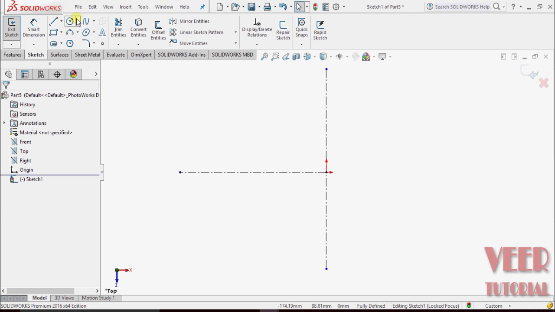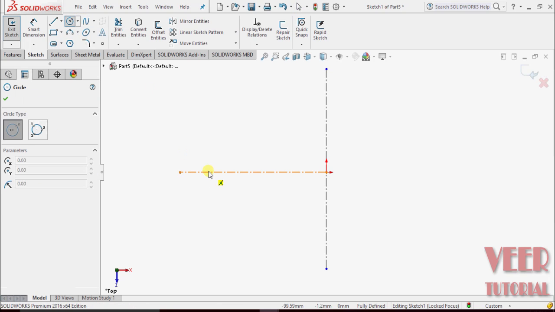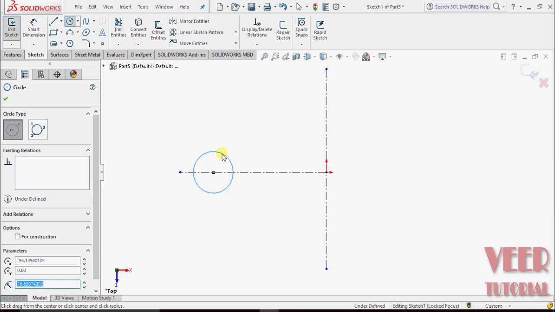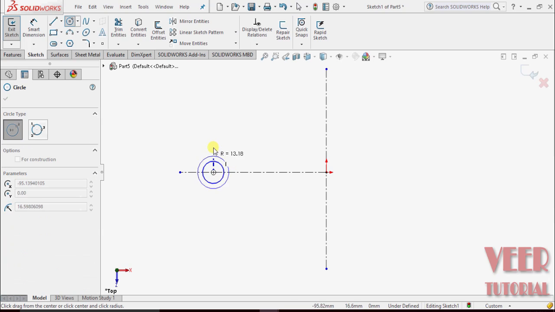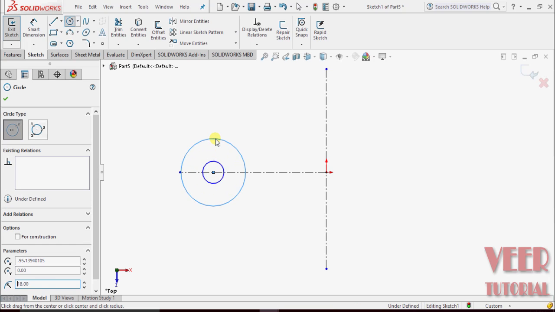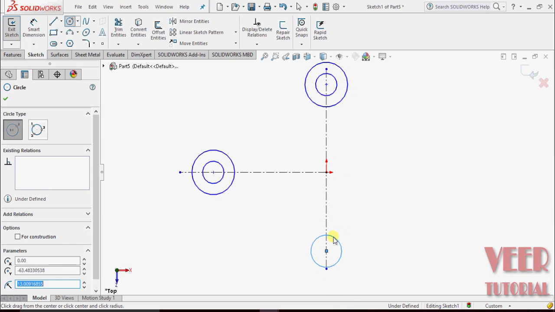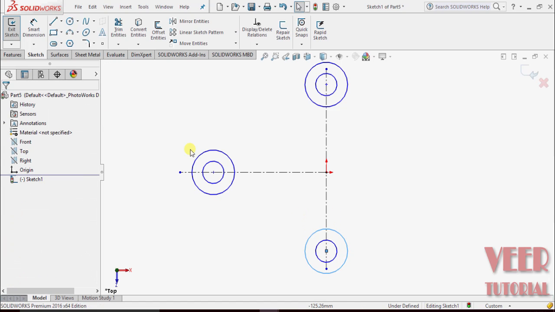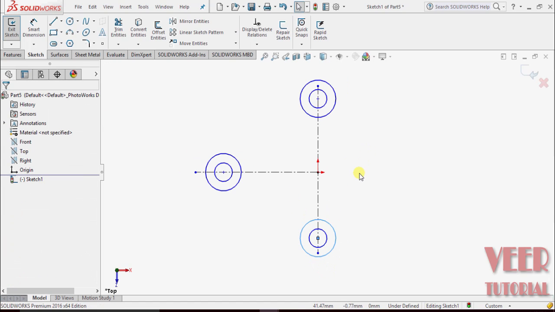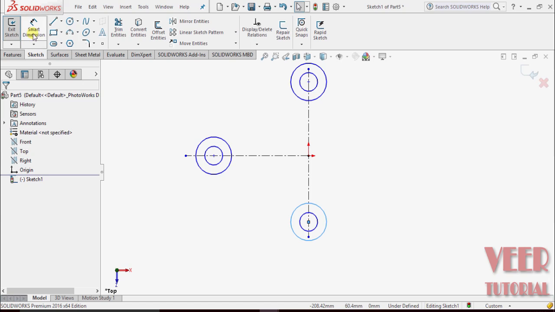On this, draw circles. We have circles of radius 9 and another circle of radius 18. Similar thing we have to do on this section, 9 and 18. Here also this radius is 9 and this radius is 18, and OK. Now we can give the dimension to this. Take smart dimension